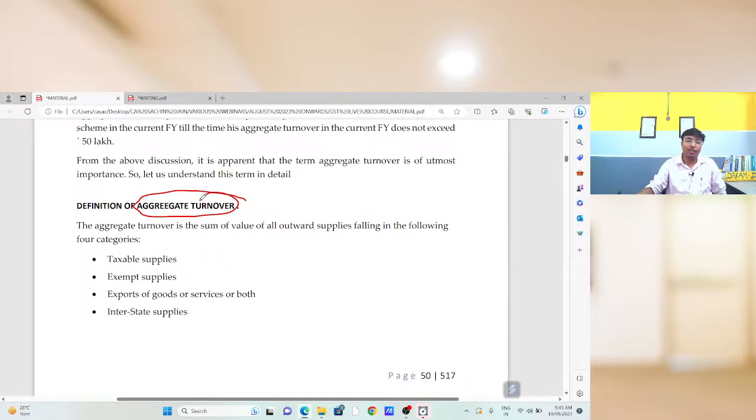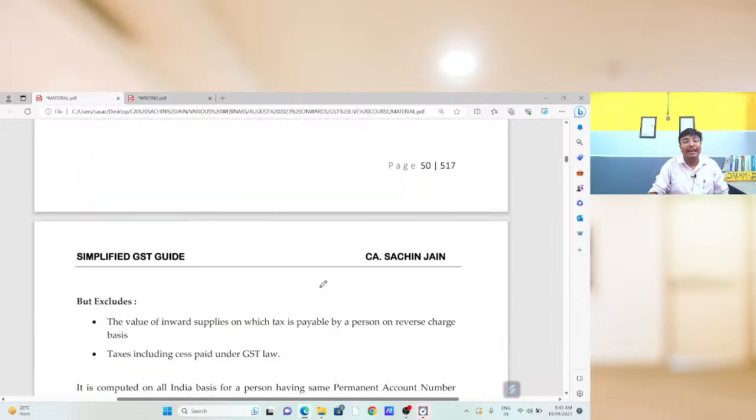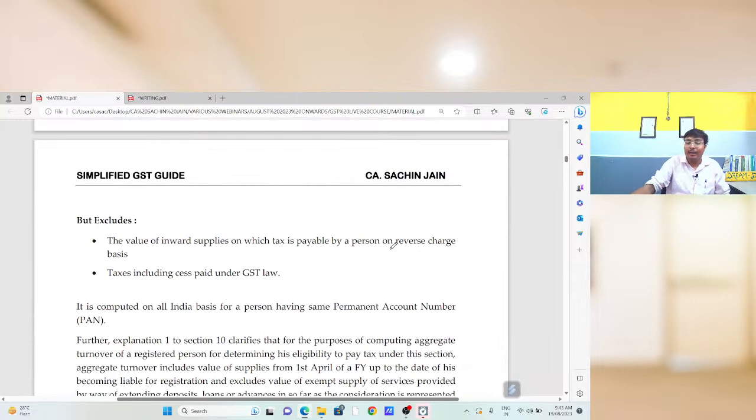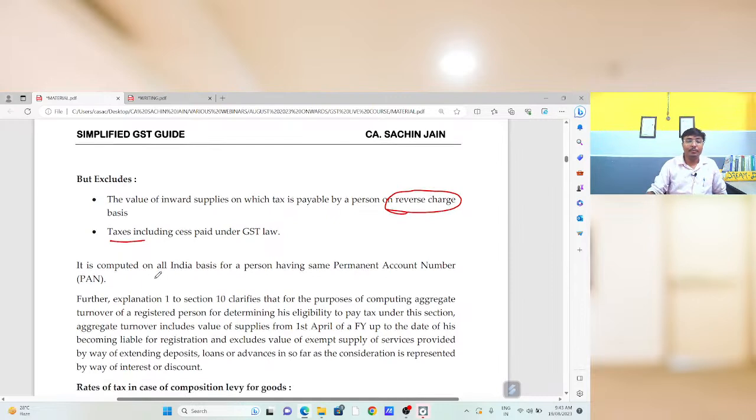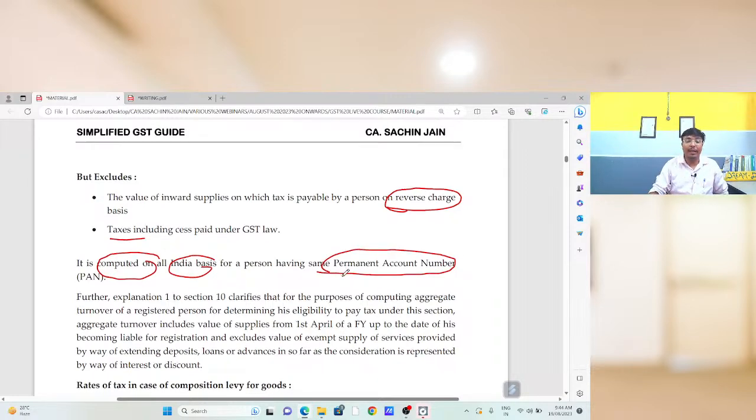So the aggregate turnover is the sum of value of all outward supply falling in the following four categories. You need to take the taxable supply, exempt supply, export of goods and services, and interstate supply for calculating your aggregate turnover. But you are not going to add your reverse charge mechanism related supply and taxes. You are not going to add. Okay, GST law related taxes you are not going to add, and RCM is not going to be added while defining the aggregate turnover. And aggregate turnover is to be computed on all India basis, having the same permanent account number. Okay. Now,